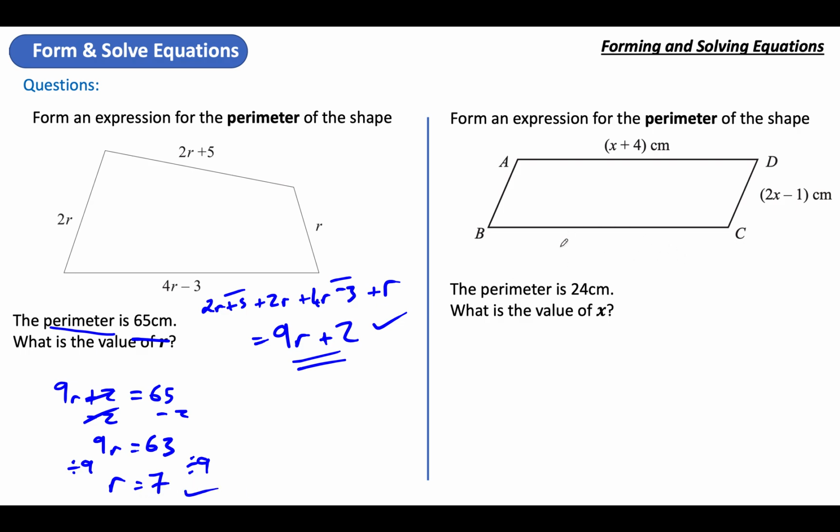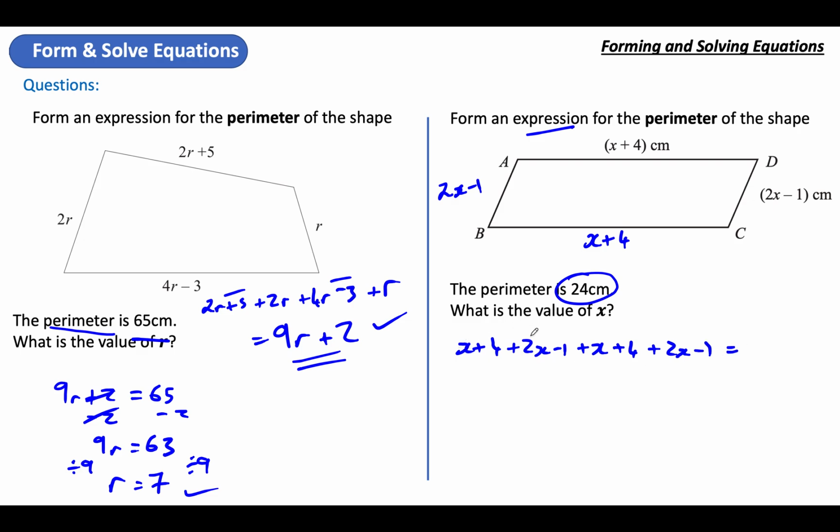Right, form the expression. No, form an equation using the new bit of info, and solve. Right, perimeter. The bottom edge of this will also be x plus 4, and the left-hand side will also be 2x minus 1. Put them all together. So x plus 4 plus 2x minus 1 plus the other x plus 4 plus the other 2x minus 1